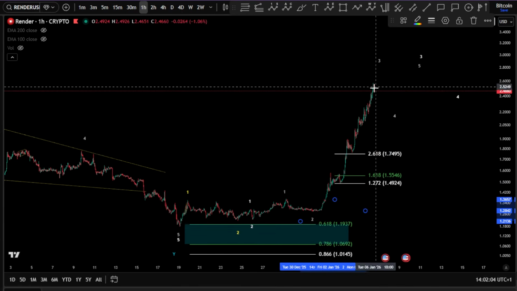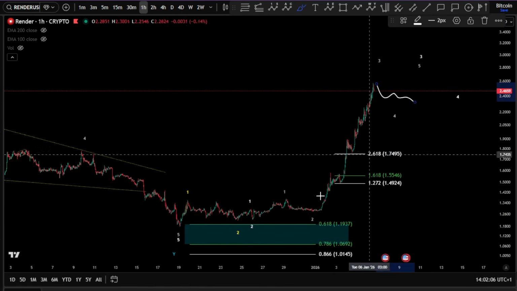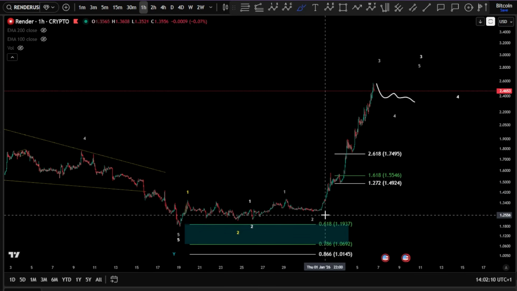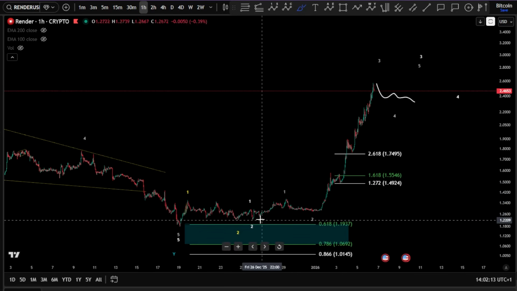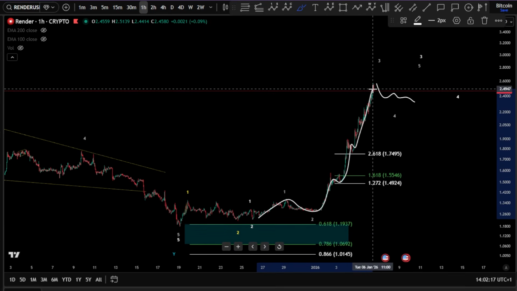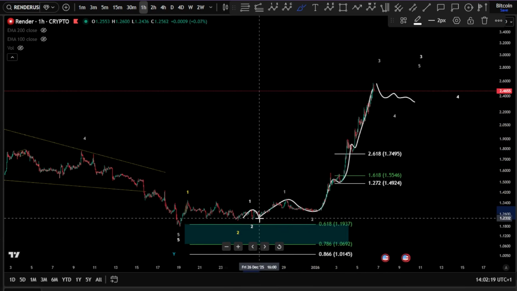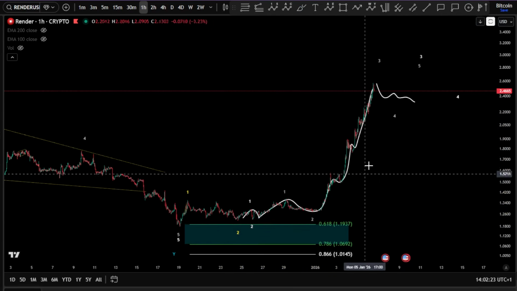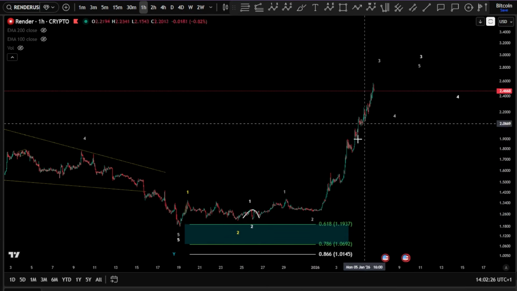Even the wave 4 is not given yet, as alternation within this wave 2 is not yet perfectly given, unless we're looking here again at 1, 2, 3, 4, 5, 4, and a 5. Basically, it can be here the double 1, 2, yes. I think this is a scenario, guys. So yeah, it's a very, very massive move. Of course, guys,